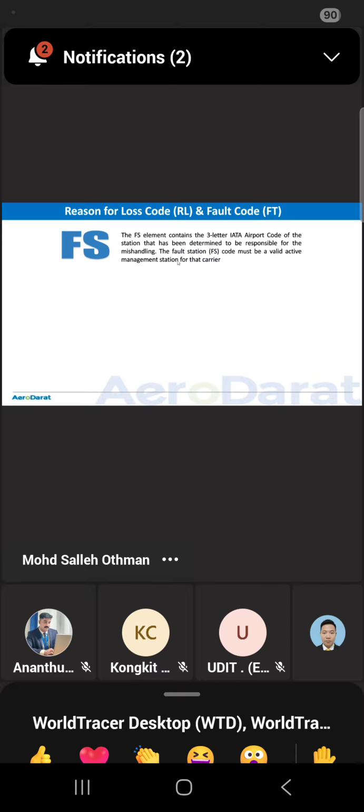That's why yesterday if we study about the Denpasar case from Manila, we cannot update as a Honolulu or Guam or San Francisco fault station. Okay, you can see the fault station code must be a valid active management station for that carrier.